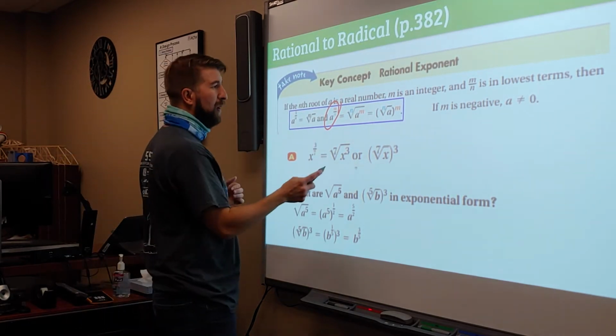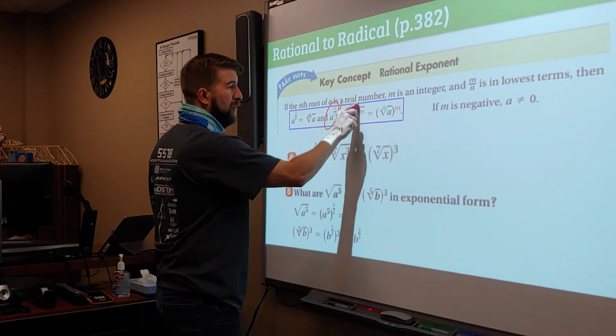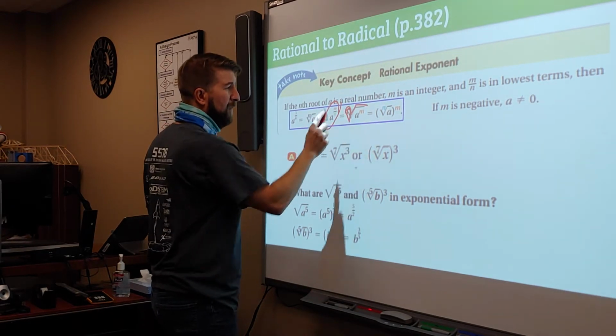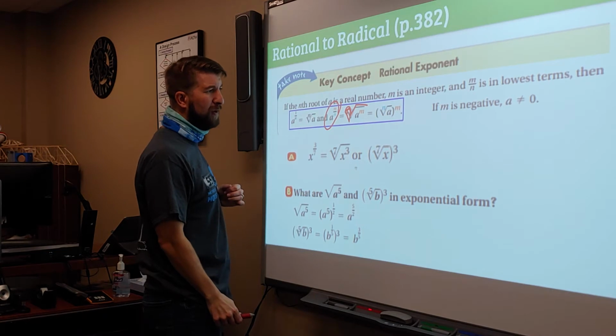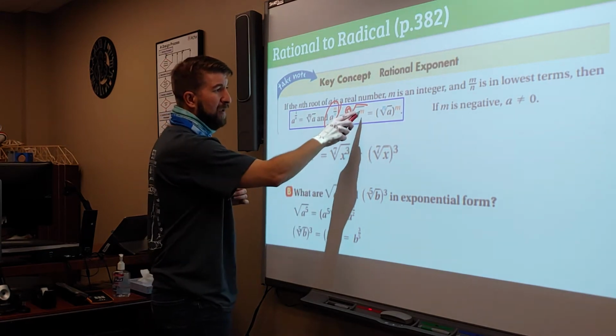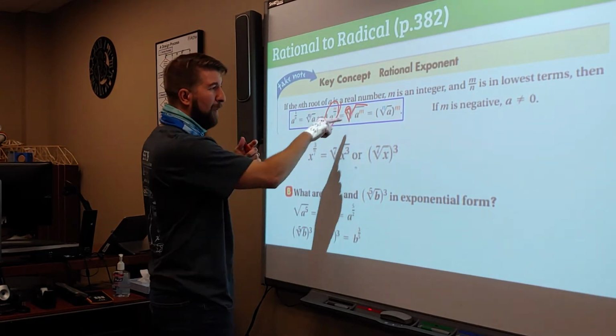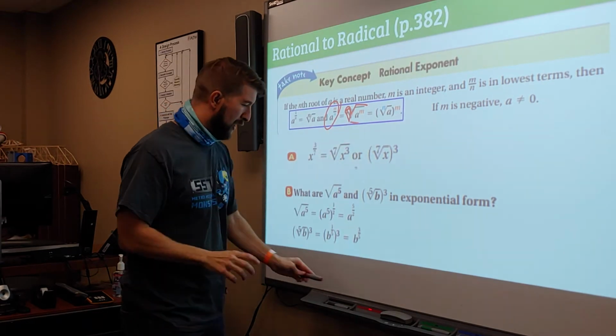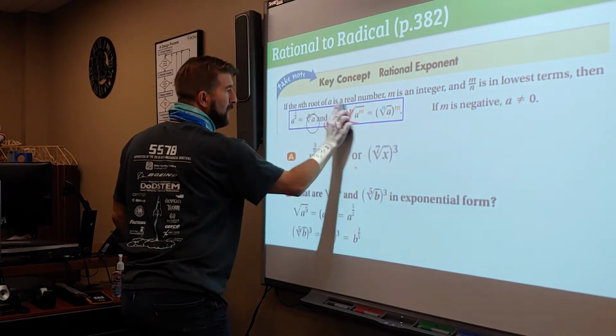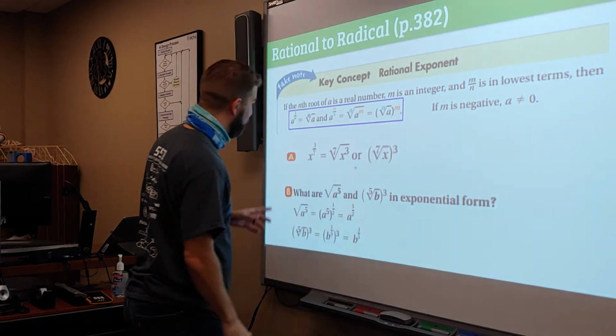And just like we looked at, the n goes inside that little v of the radical expression. The m is the number inside the box with that bigger number. So let's look at what